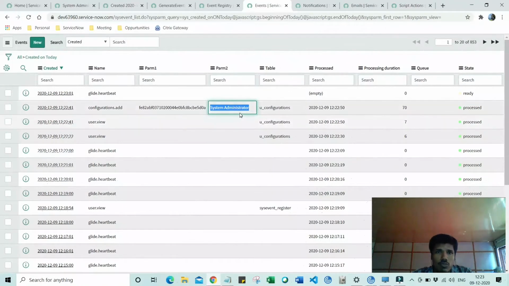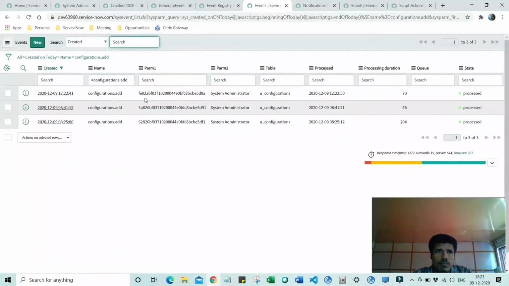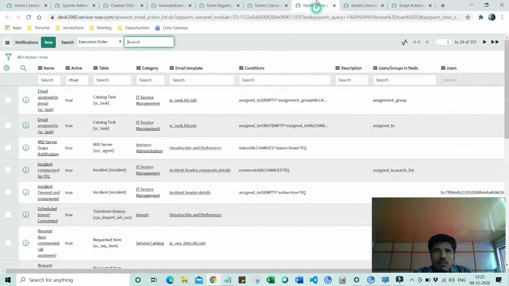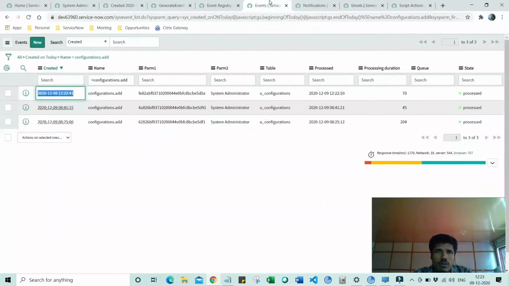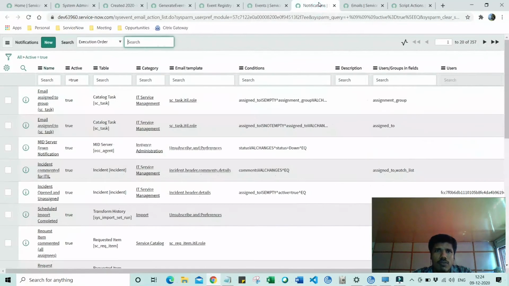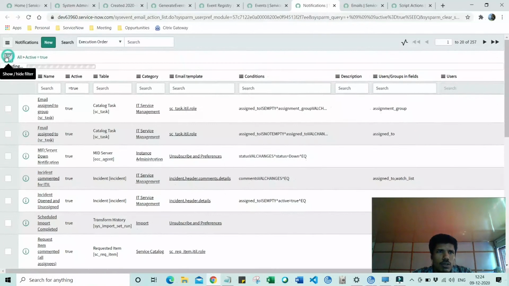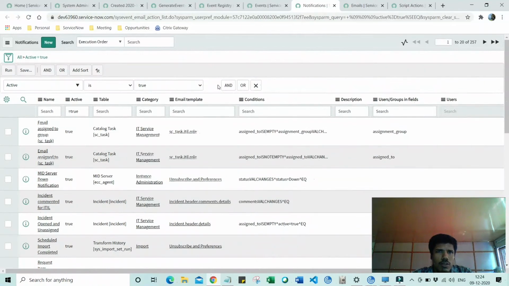Now with these two values, the event is generated. We see that the event is generated now. The event was generated at 12:22. I have made use of the output that is generated through these events on a notification. Okay, let's track that notification.